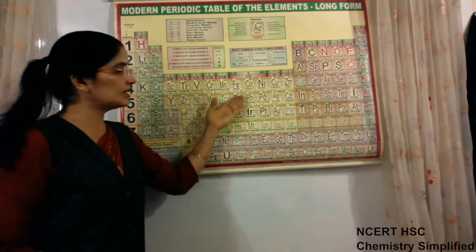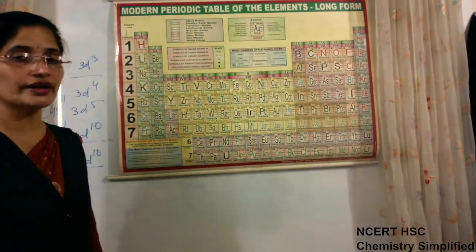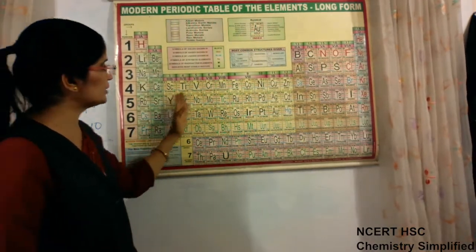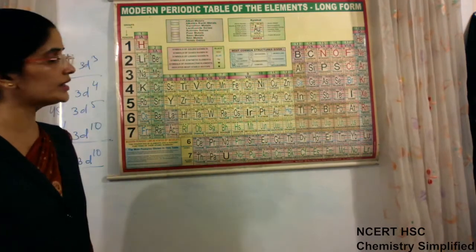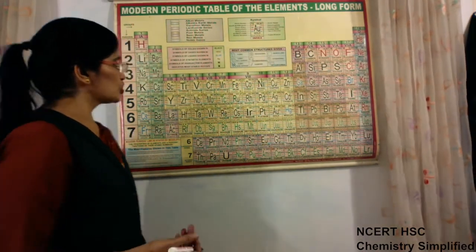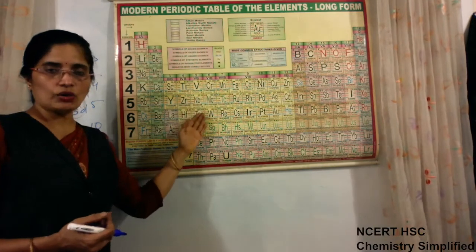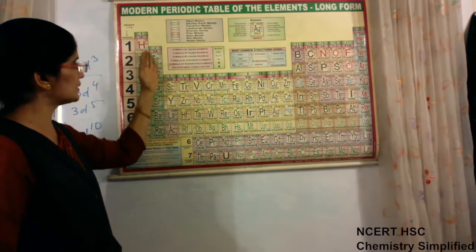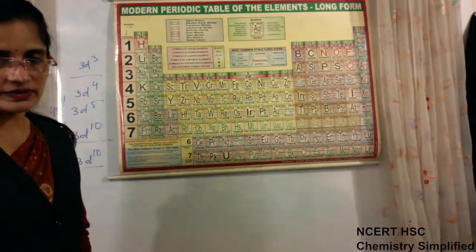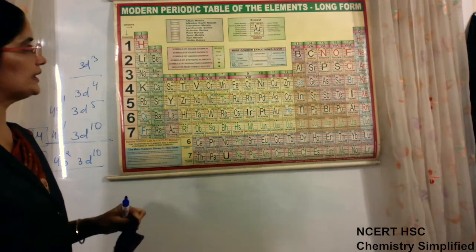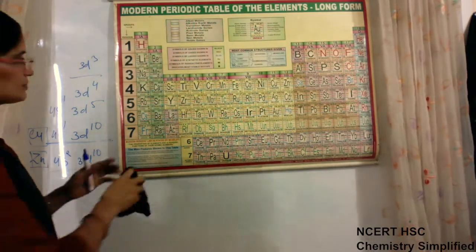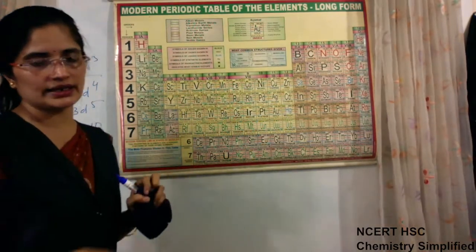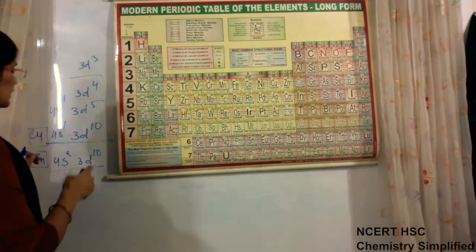So these are colored metals. This is specific. They show variable oxidation state. On the other hand, these metals have only one oxidation state, but here we will see many are showing variable oxidation state. Okay, so these properties are on account of presence of d orbital or d subshell, which is not present in these. Okay, so this we will see later in detail, but this much is clear: these are also metals, these are also metals, but both of them are a different category of metals, not alike.